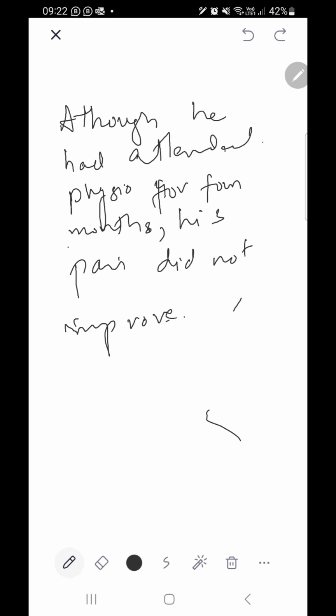Now, although he had attended physio for 4 months is your dependent clause, and this clause is independent,